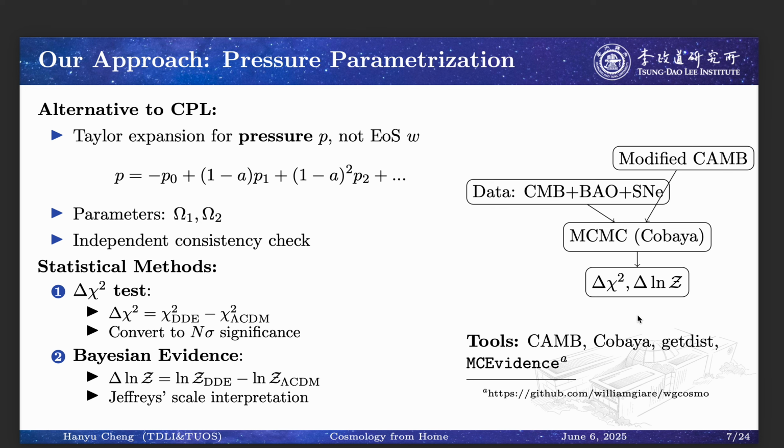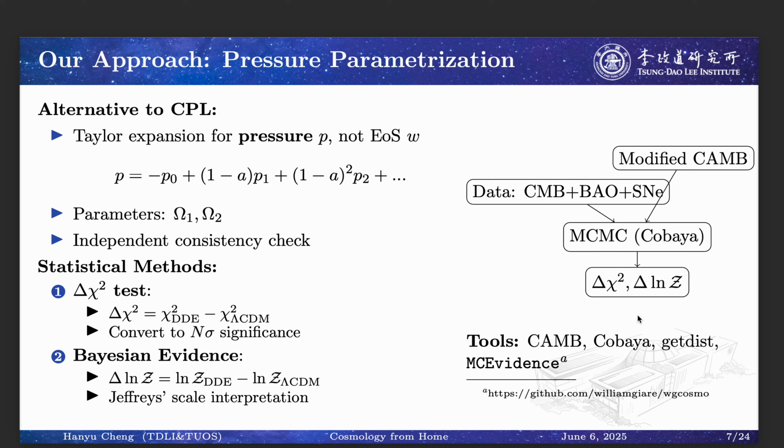And the motivation of our work is we think that besides using CPL, we can use a different parameterization way to test dynamical dark energy with the latest datasets, and to see if, when we use different datasets and different parameterization, the datasets will give a similar result to CPL or the opposite result? So we consider pressure parameterization,